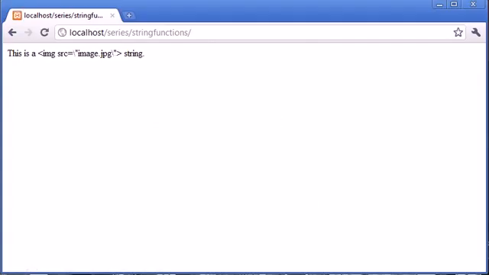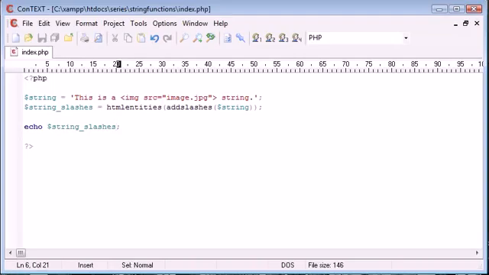So why would you want to strip slashes? Well, for example, data may be stored in a database if it was going to be produced onto a page for viewing, and you might want to strip the slashes, or add the slashes rather, so this isn't passed as HTML code. Now, why would you want to strip the slashes? If you were, say, putting this data back into a text box for people to edit, so you might have this in an input text box, you'll want to strip the slashes before you put it into a text box for people to edit, and then you'll want to obviously add slashes when it's going to be viewed as plain text on a page